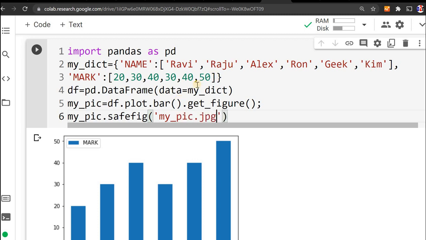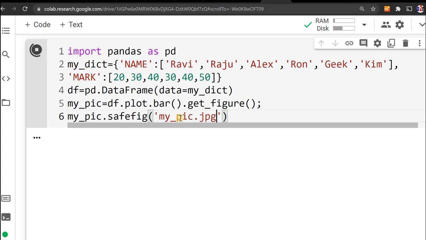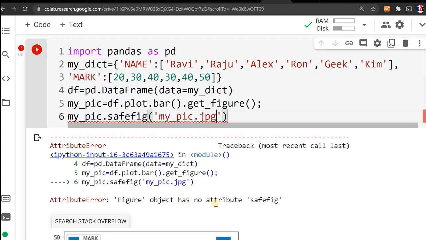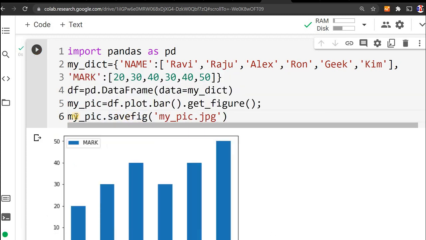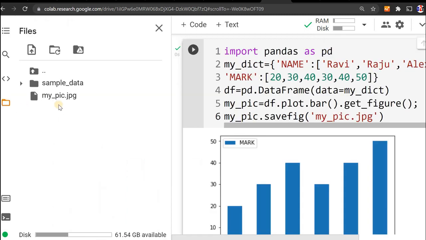If it is okay, then we'll get the file. I'm running this. Then I should call savefig, sorry, save, and run it again. Yeah, so my file is created. Since I am in Colab, here it is, my_pic.